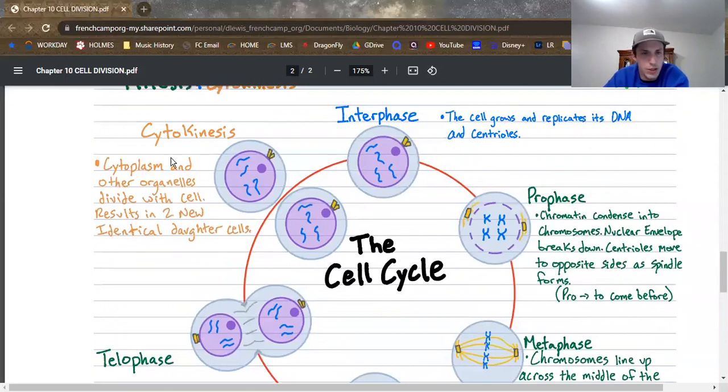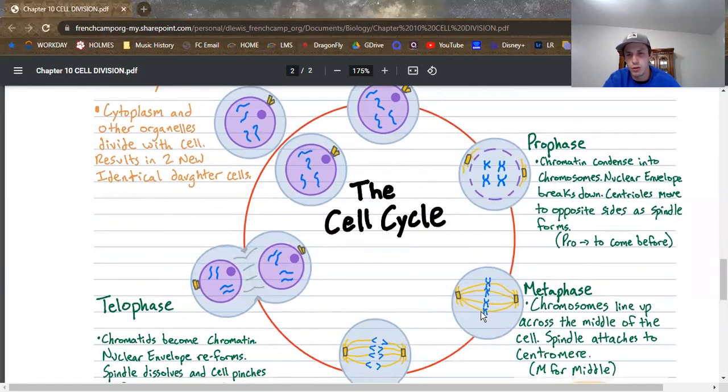Make sure you get cytokinesis here. If you missed prophase, you can get that too. Make sure that you're studying these pictures. I mean, you're going to see it when you do the work packet, whatever day you get to it. But you're going to have to know diagrams on the test. Part of this, like the hard part of this, which isn't really hard, if you're good at memorizing, it's not hard,